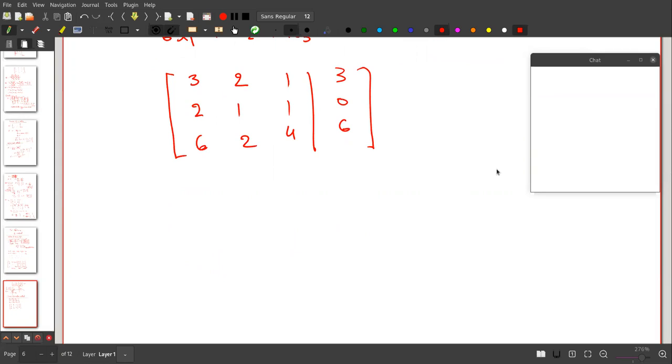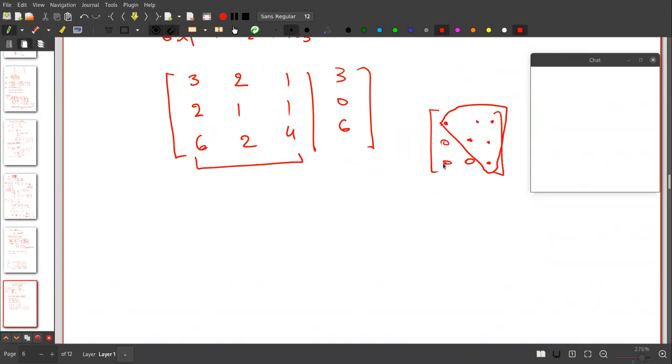Okay. So what we want to do, I want to make this matrix into upper triangular form. Upper triangular, I hope you remember, is the form like, say some value here, some value here, some value here, some value, some value, all the zeros here. So this is upper triangular because all the values below the diagonal are zero.